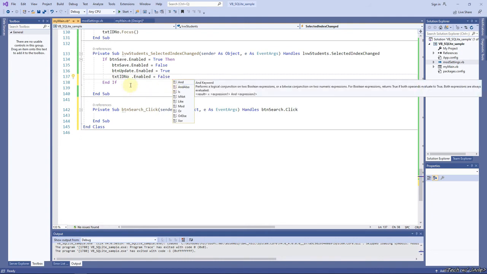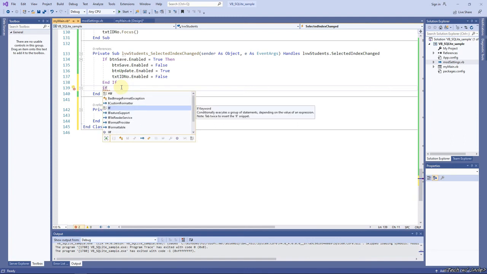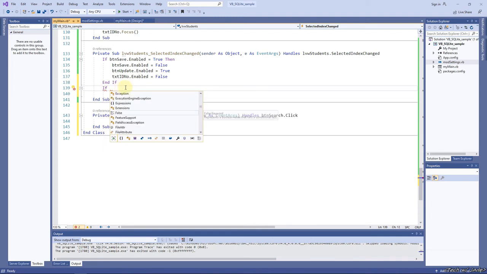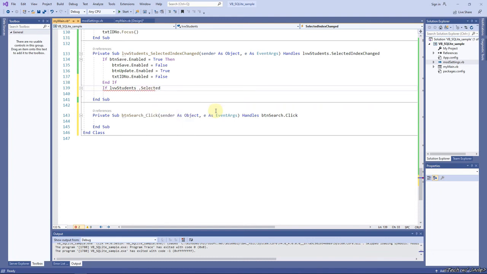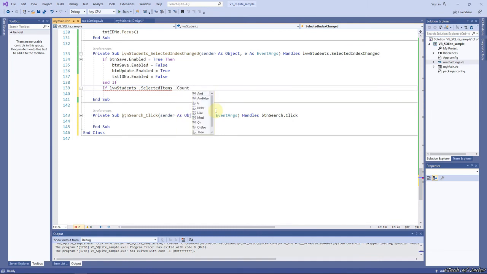So we set the txt id to false so that we cannot edit its value. And next, proceed. So selecting an item from the list view, selected items dot count is greater than 0, then